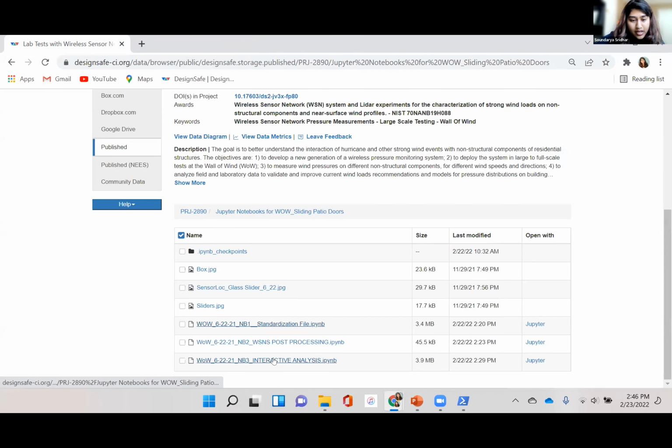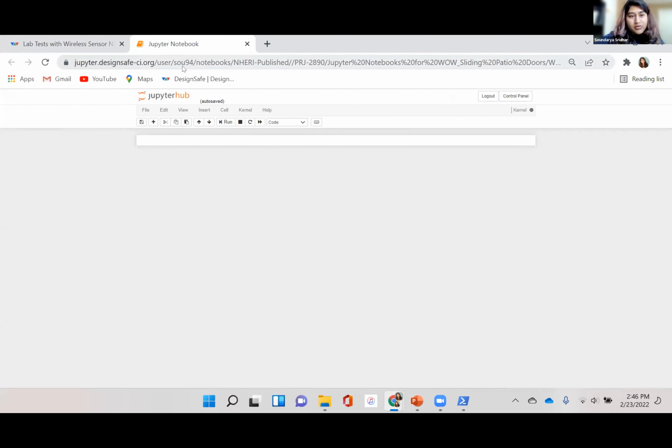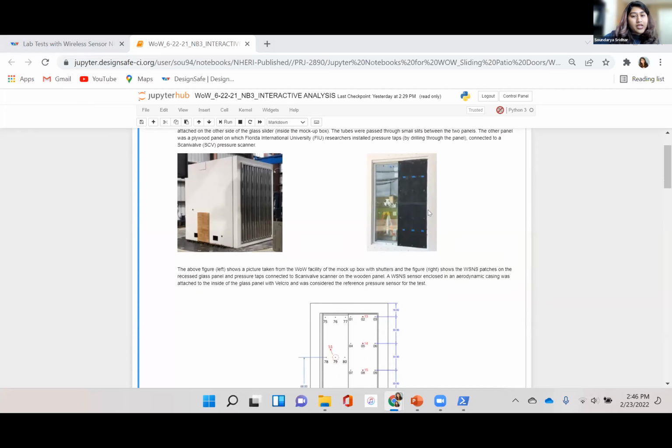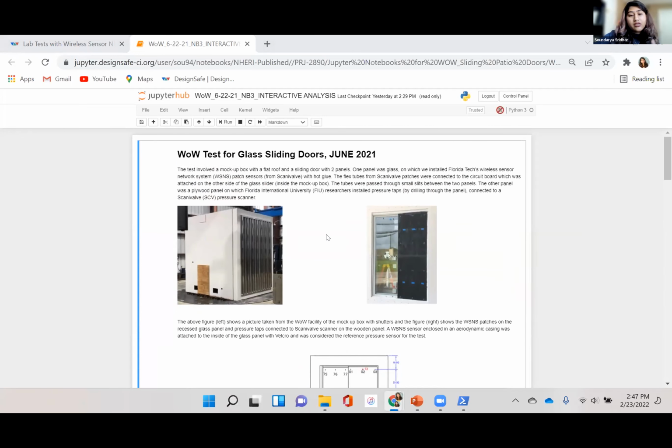I'm going to go to interactive analysis. Again, I don't have to show you processing because everything I do is just hit run and it plays. So this is for one experiment, which was a glass sliding door experiment. And the advantage of using a Jupyter notebook is there are different types. You can either have them as a markdown or a script that you can run. So it's literally like a notebook. It's easier to understand. You don't have to have a separate documentation to explain how to use the notebook. So we've tried to cover as much as possible for anyone who's new, and they'll be able to understand this